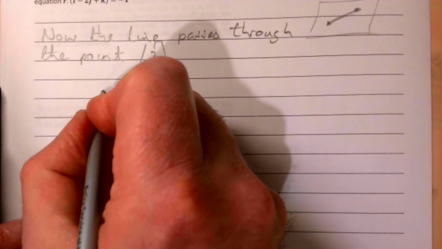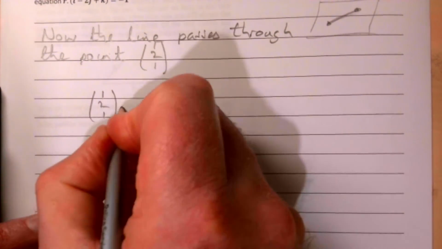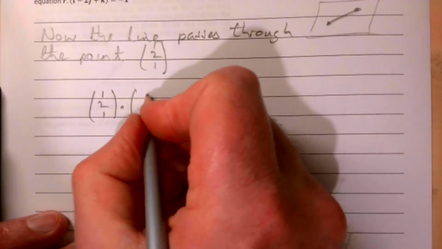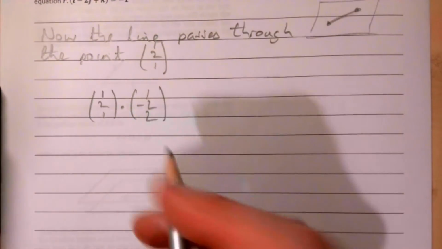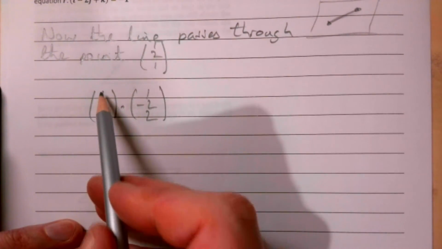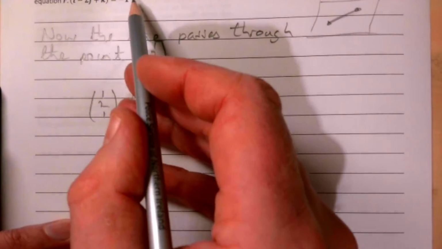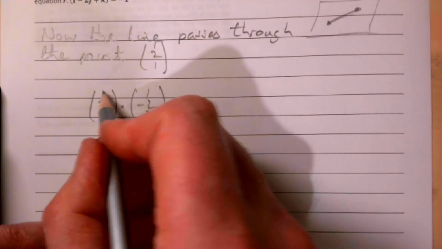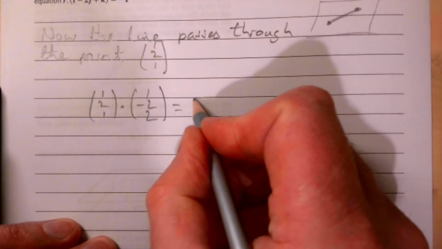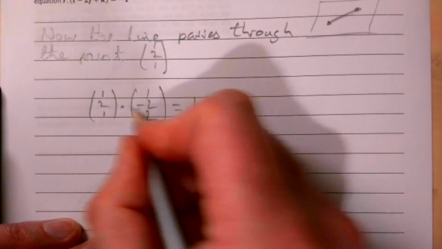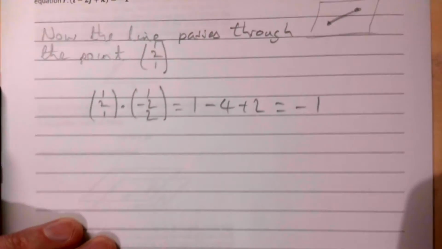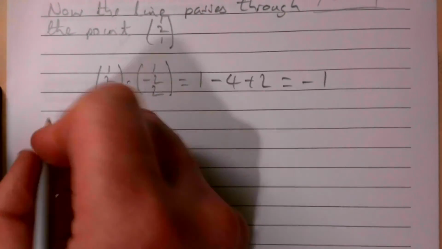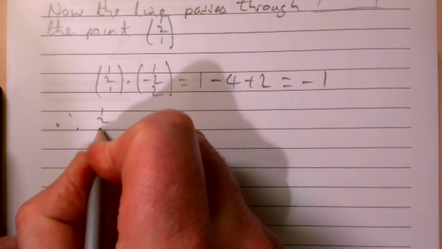That means then 1, 2, 1 dot 1, minus 2, 2. So what am I doing here? I'm now subbing the point 1, 2, 1 in instead of r, and I'm finding the dot product. If it equals minus 1, then it lies on the plane. So that's going to be 1 minus 4 plus 2, and that equals minus 1. So that's good news. Therefore, 1, 2, 1